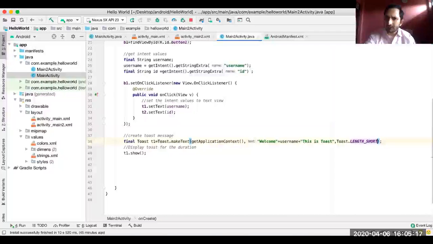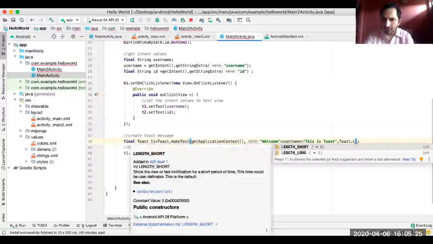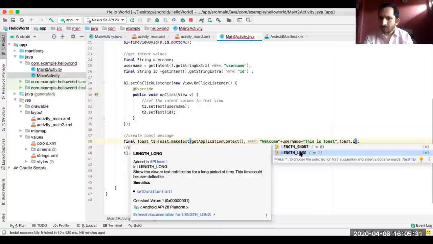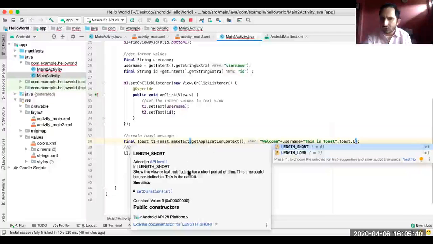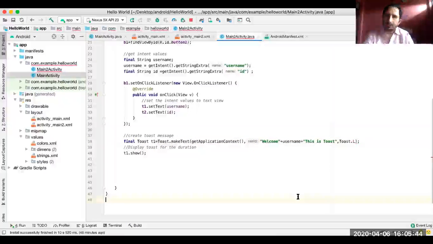We have different types of time durations. You can see this dot length. We have two, short and long. This is the long. Long shows the view of a text notification for a long period, and the short will show the text notification for a short period. For the sake of time, I have